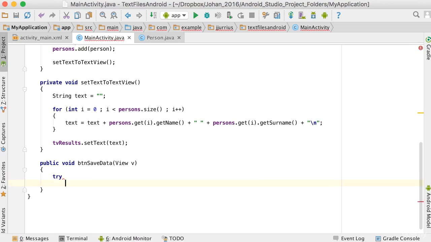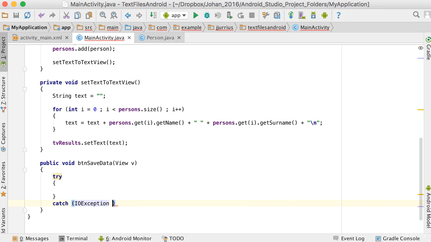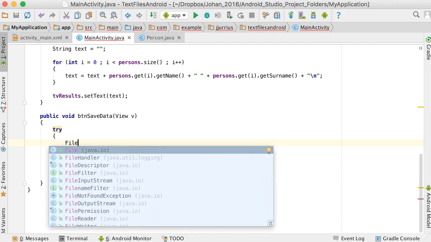The first thing that we need to do when working with files is to know that there could be some exceptions. So we need to have a try and a catch there. And for this catch, I'm just going to use the IO input-output exception. It's going to give me a problem there because we don't have anything that could actually throw the IO exception there. So the first thing that we need to do now is to use the file output stream